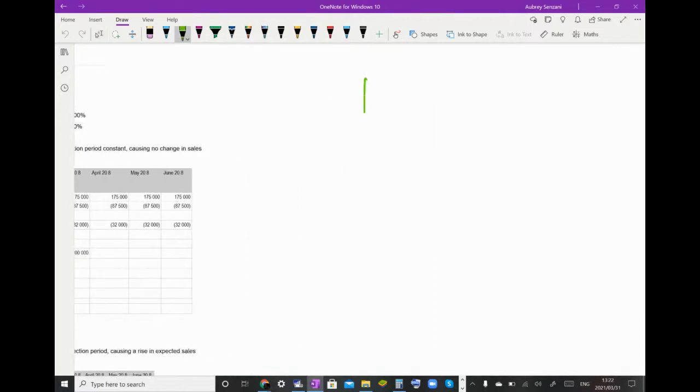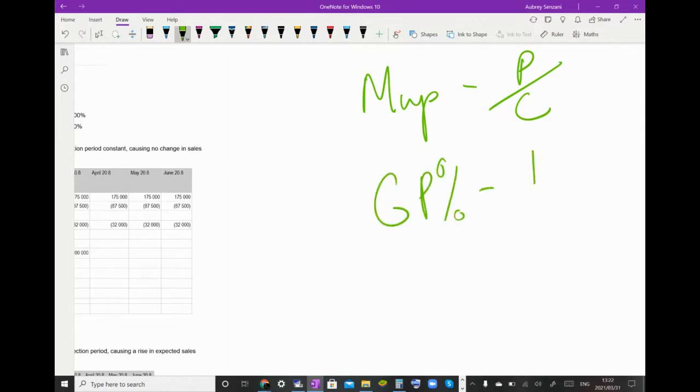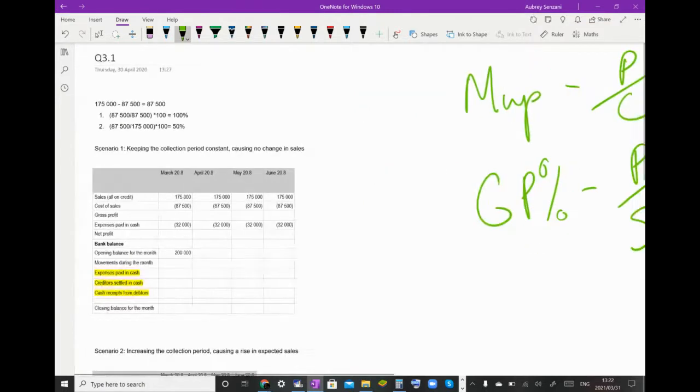So remember, for markup, it was profit over cost. And for gross profit percentage, the formula is profit over selling price. If we look at our table,